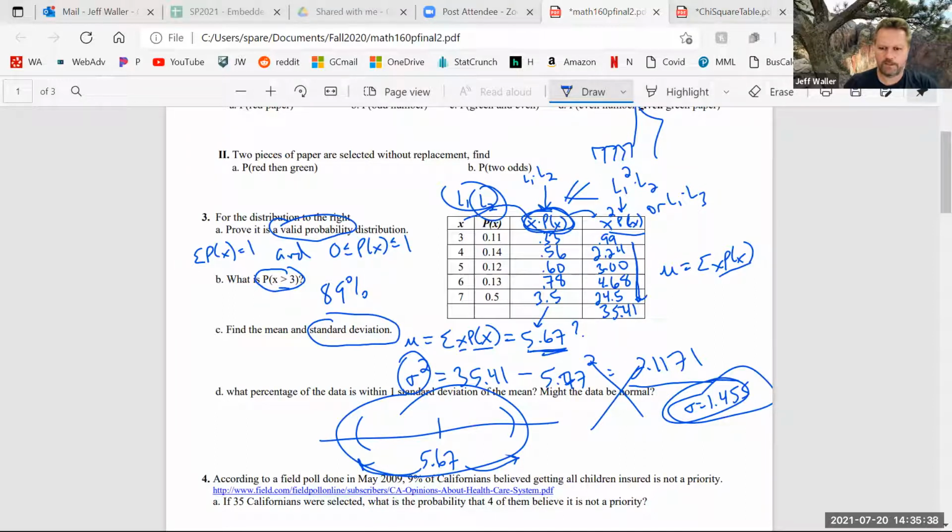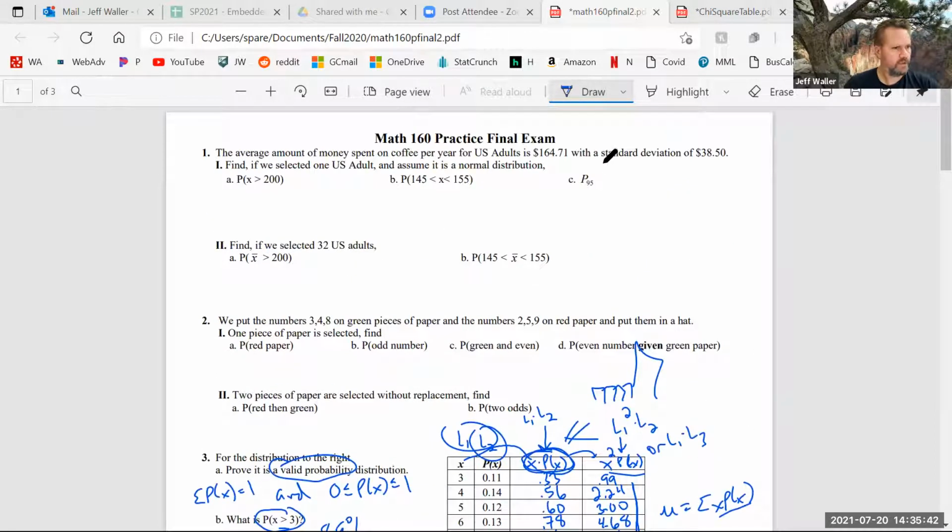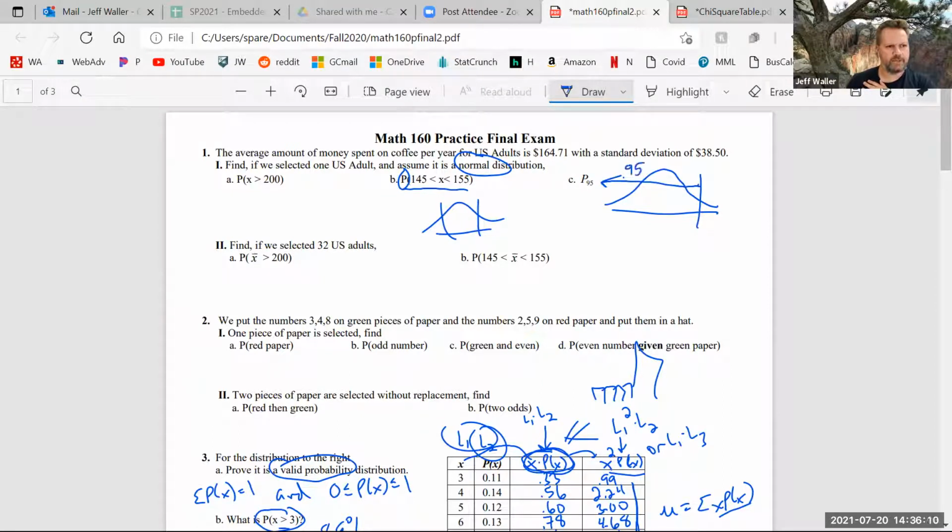Can we go over number 1, letter C for the practice fund? Okay. This is everybody's favorite. I think you guys get so stuck with this, and you see this big P, and it means probability, and so you have to draw. Some people think 95 is like $95. No, what does that symbol mean? The 95th percentile. Yes. How would it look? The normal curve has to be way up here because it's supposed to have a full 95% below it.